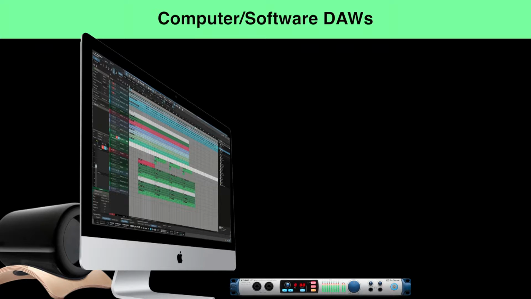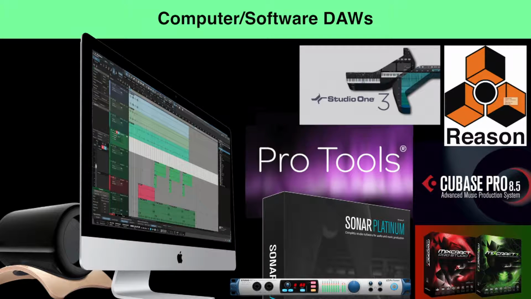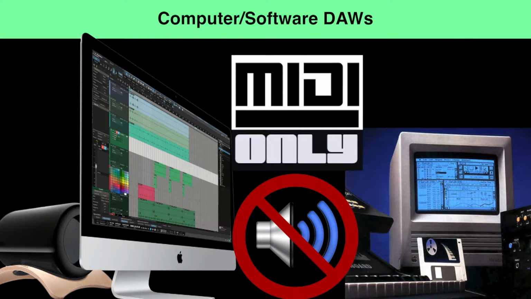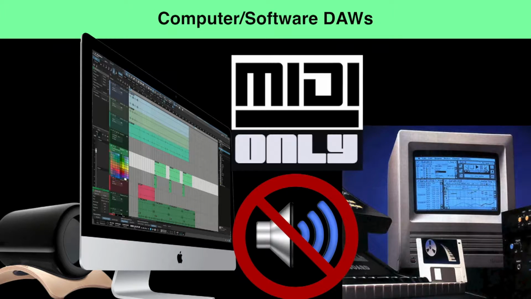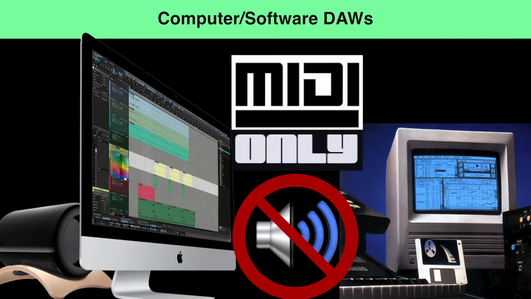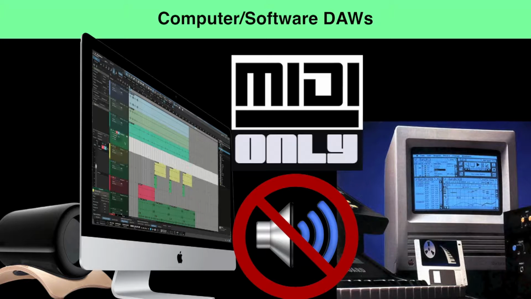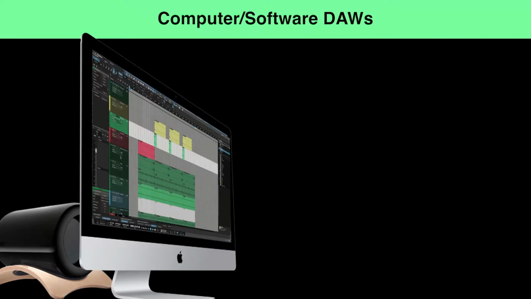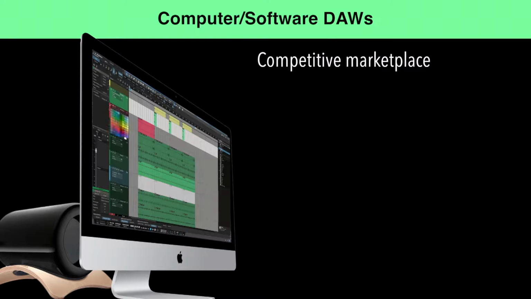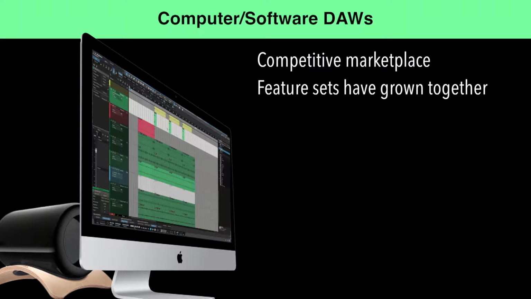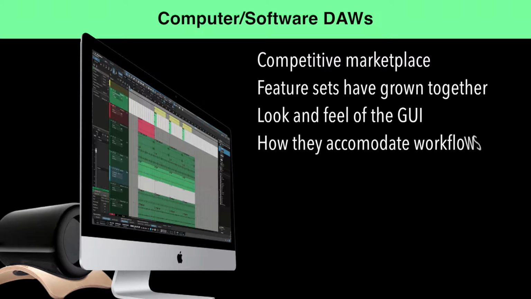Types of DAWs. Computer software DAWs. This is the primary category of digital audio workstation for normal application. MIDI-only recording software was first on the scene in the early and mid-80s. It took a while for manufacturers to include audio and loop-based recording in their software feature sets, but today, because of the competitive marketplace, virtually all software manufacturers have grown together in their feature sets. The primary difference between modern DAWs is the look and feel of the graphical user interface and the different ways